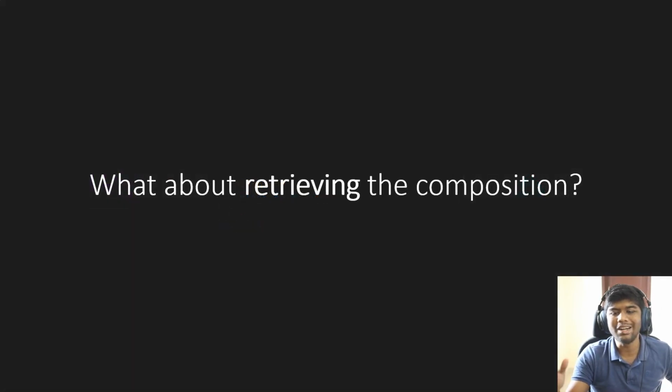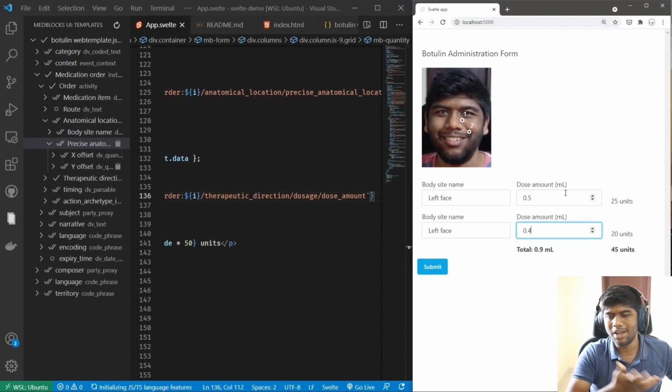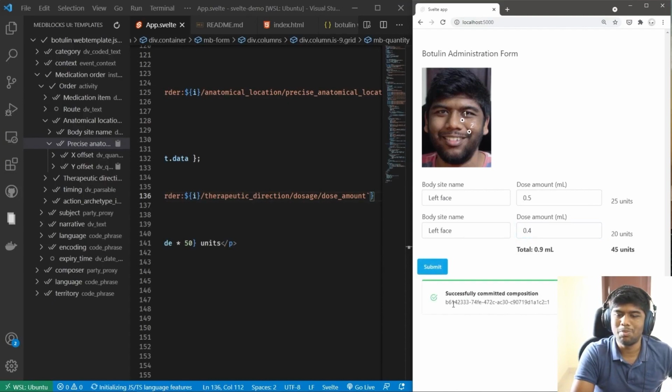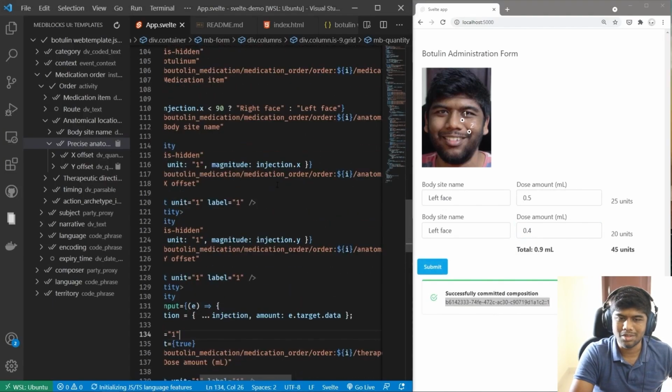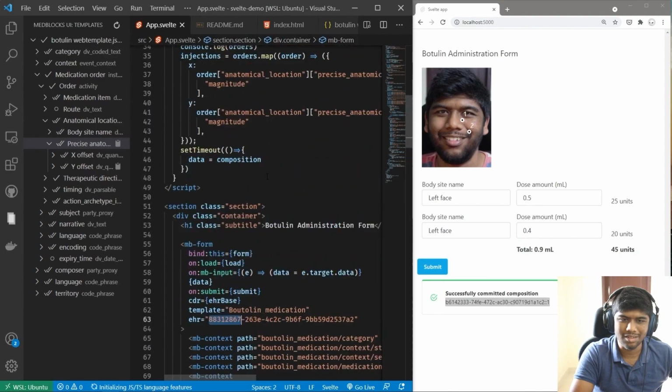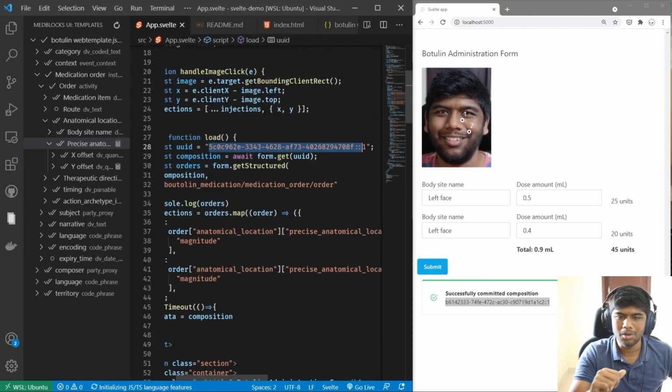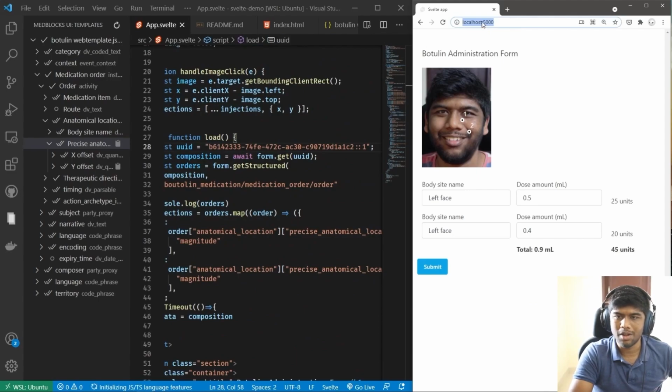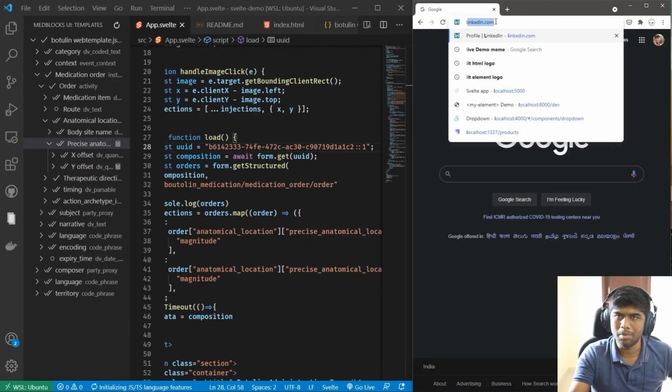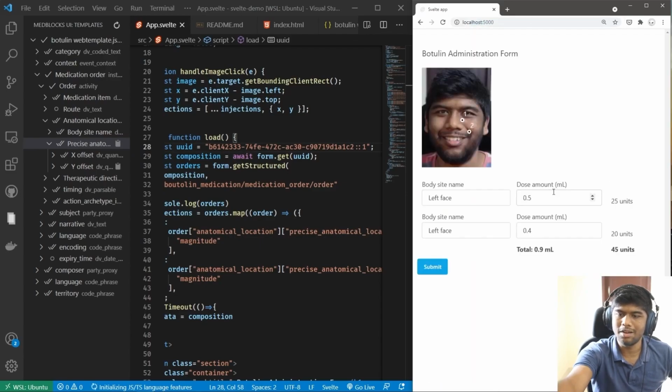So what about retrieving the composition? We are posting it and all that is fine, but what about getting it back? I made a full demo. I wanted to show you, but it's pretty long and it was not possible within this time frame. So I'm just showing you what I'm doing here. There is a load function where if you put the UUID, I'm just going to Google and coming back to show you that it works. It still loads back